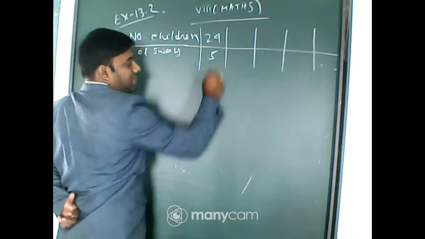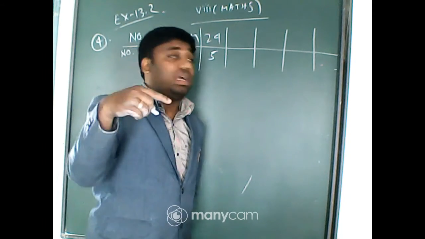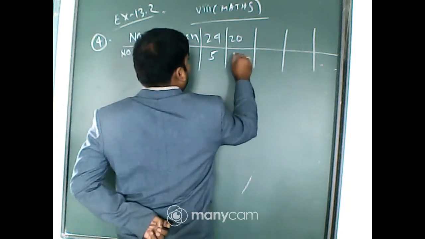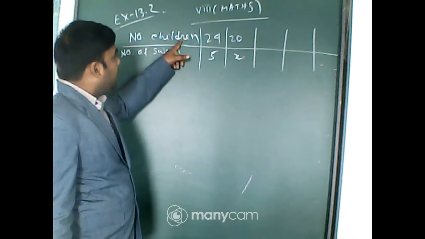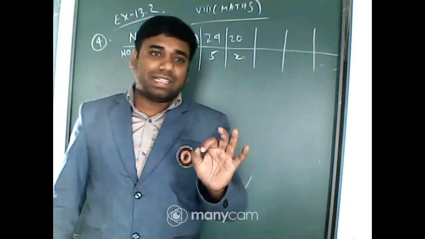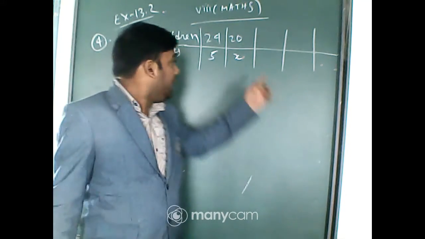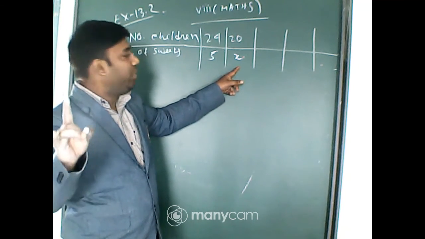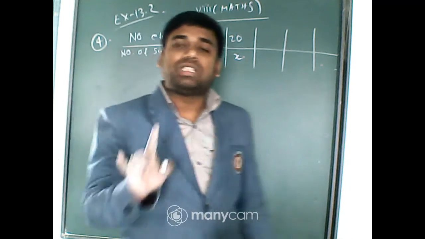And how many students are there? If 4 decrease, the total number of children is 24, now if 4 decrease, that will be 20. Now students, just think. If the number of children increases, then each will get less. Now if it is 24, 5. If it decreases, each will get more than 5. So it is inversely proportional. So number of children and number of sweets are inversely proportional.